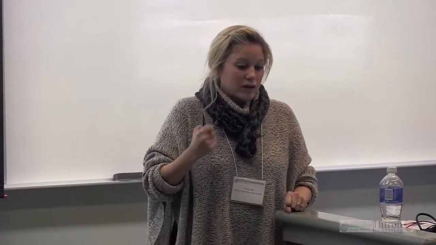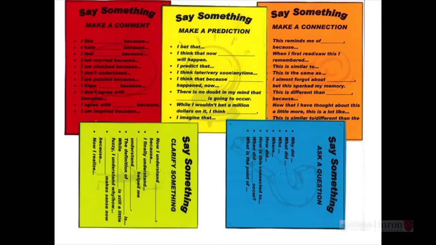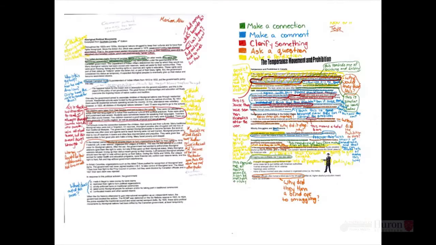And yes, there are lots of different ways to get to history without reading, but it's really tough, and they're not going to get as much out of it if they can't read rigorously and work their way through tough written pieces. So we do a number of strategies. This is the say something strategy I use. They have to annotate text, they get to ask questions here, and so we start to practice the skills of being critical readers. So again, this is how skills associate with history. They can't get to the big thinking until they can do that.